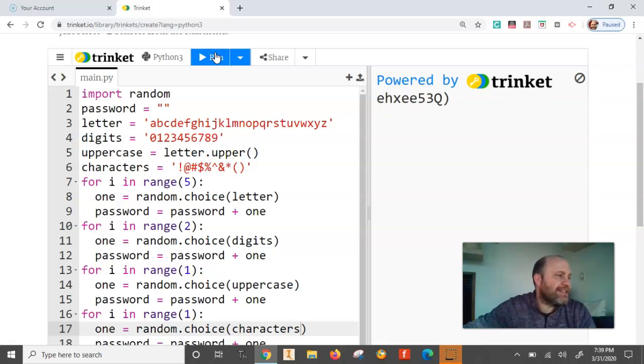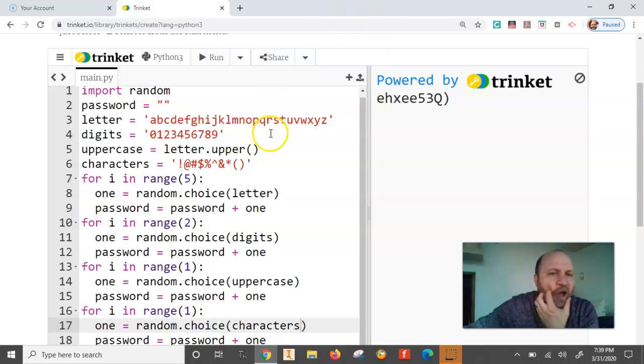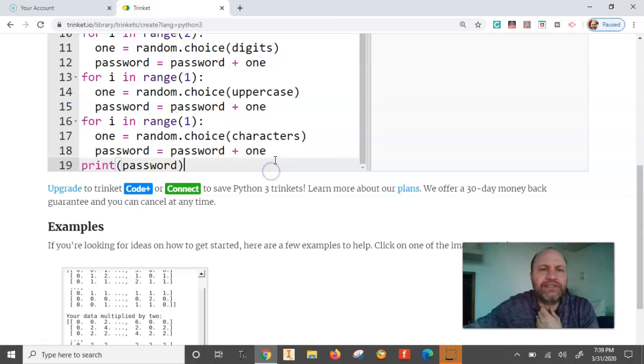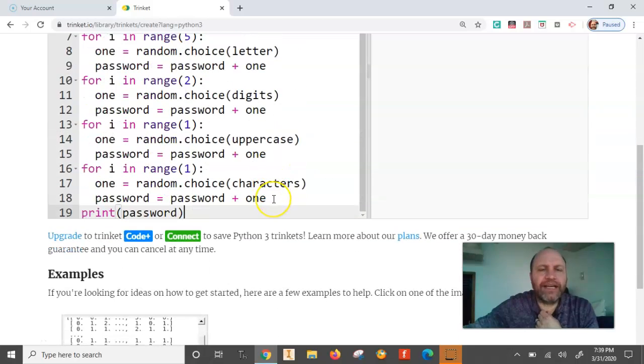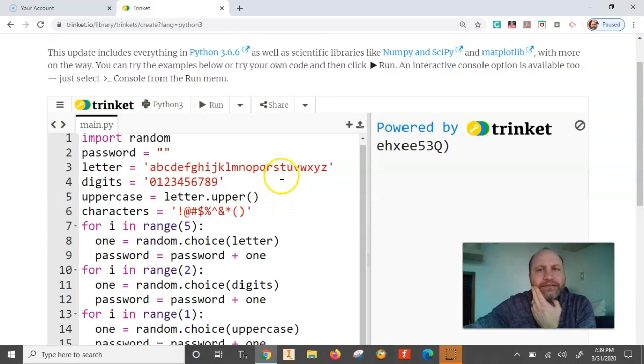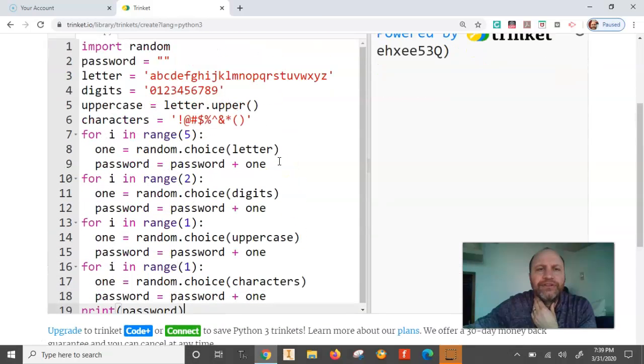Now, one downside about this is it is always in a specific order. We might want to randomize so the special character is not always the last letter, so it doesn't always take the same form. So to do that, what we would do is we would just have an extra step. Now, this might not be entirely intuitive, but